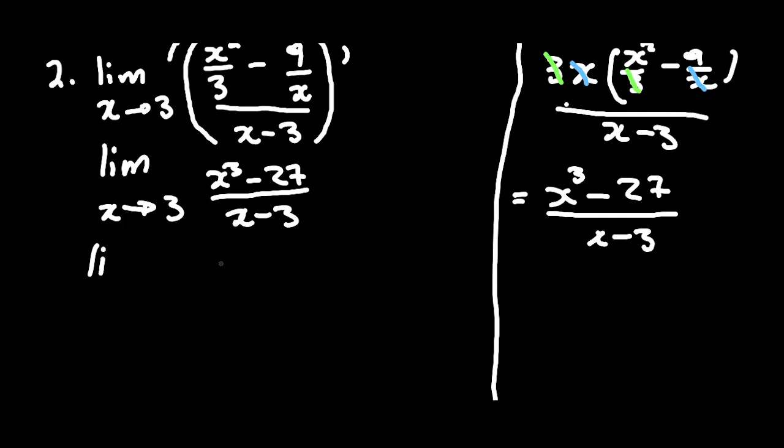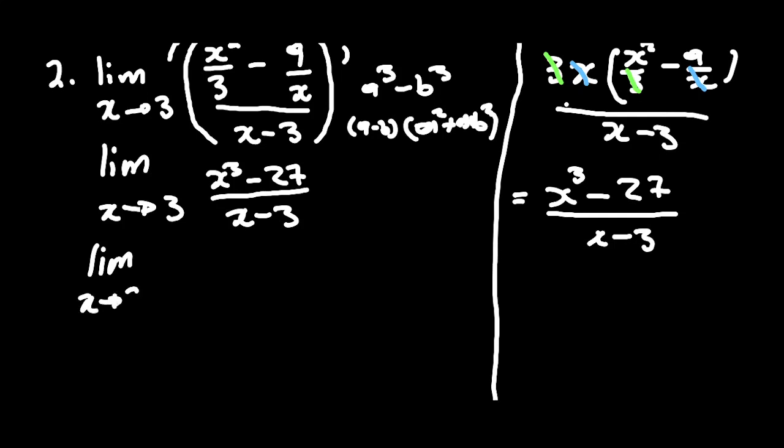So if you want to factorize something like a cubed minus b cubed, what you do, you just open two parentheses, one small and one large, then you have your a minus b here, and then you have your a squared, then your b squared here, then you multiply those two that are inside this bracket, and then you change the sign. So I'll say a times b, then change the sign, it will be positive ab, then you add that one here. So we'll also apply the same thing here, and then we'll have a limit as x approaches 3,